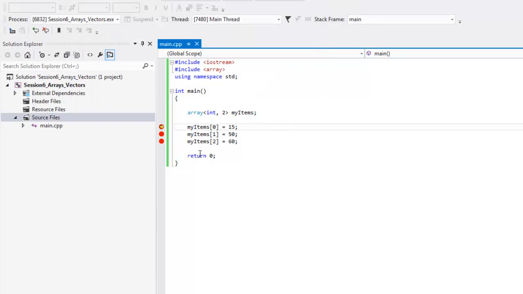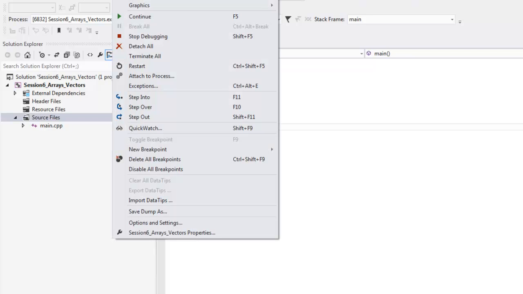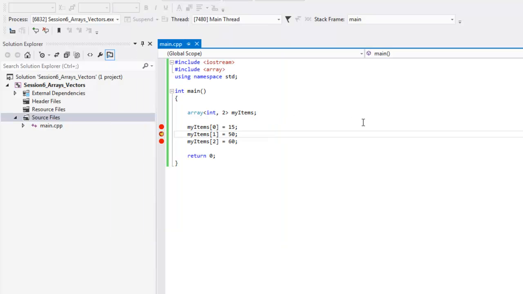the first item I can see right away that my items at 0 is 15. Okay, I can use the debugger to step over, so it's F10. Okay, step over, that goes to the next element. So I'll notice down here the memory says that I've got 15 there. If I hit